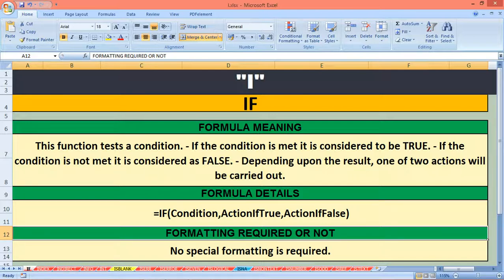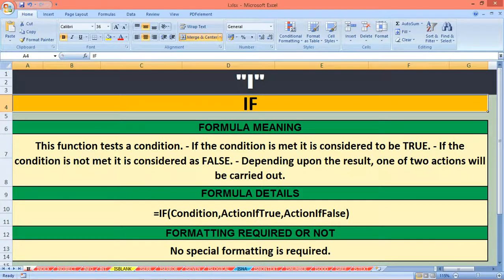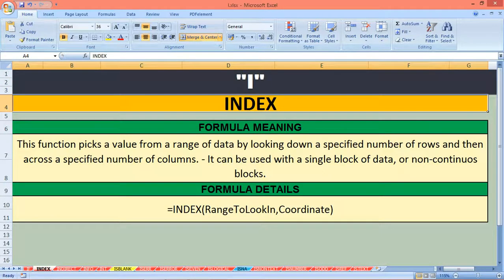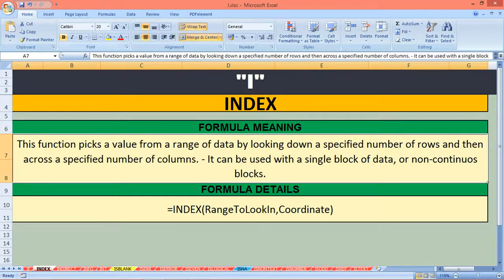Formula details are very simple. Just mention IF, then the condition, then the action if true, and the action if false. Formatting required or not: no special formatting is required, and this is a really useful formula. You can use IF with other conditions. Now INDEX: this function picks a value from a range of data by